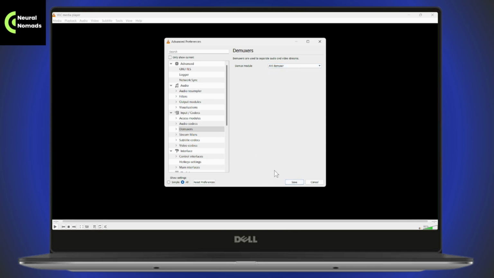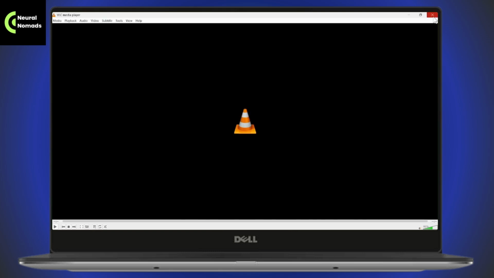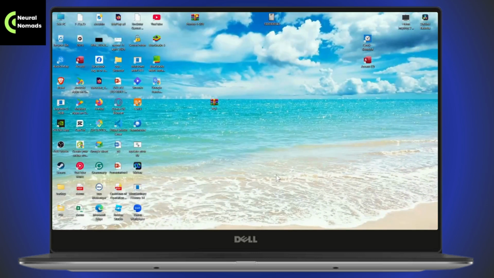Once you've saved, now you just need to simply go with your browser and then open up your GitHub. And under your GitHub, you need to go with LunaScript and you need to just go and copy or just set the LunaScript to your VLC and it might fix your problem.